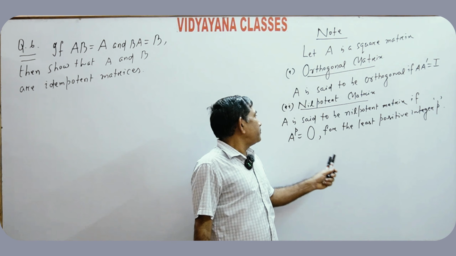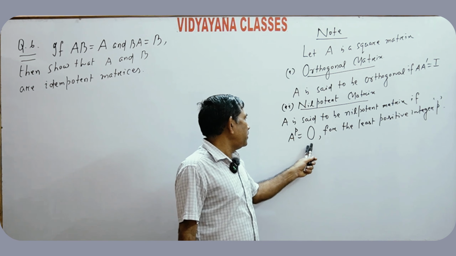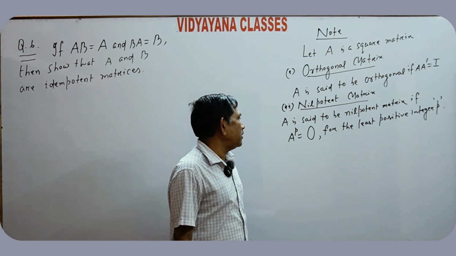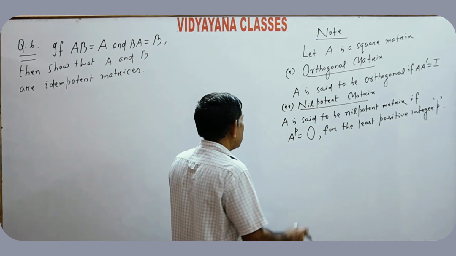Capital A is said to be a nilpotent matrix if A to the p is equal to the zero matrix for the least positive integer p. Third,